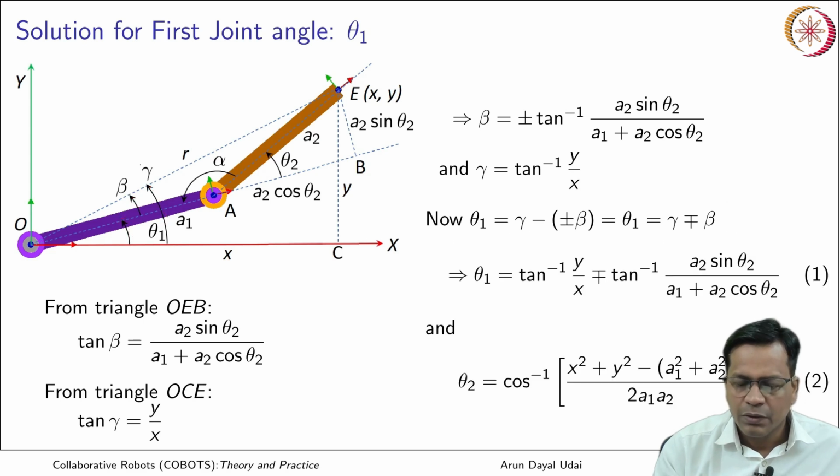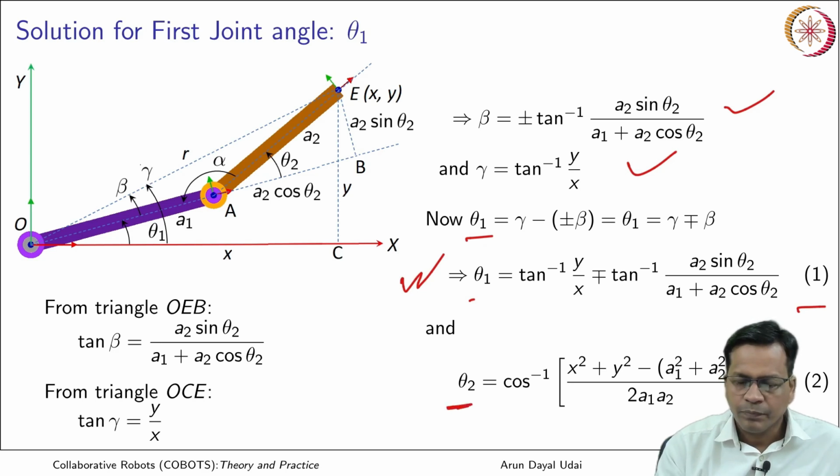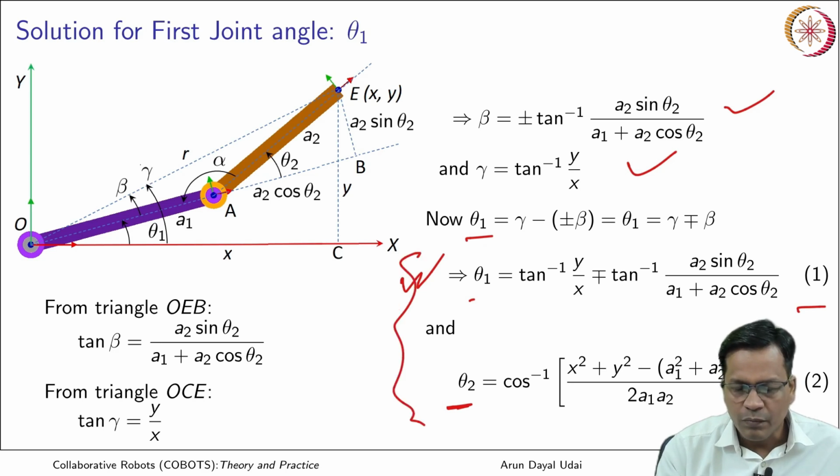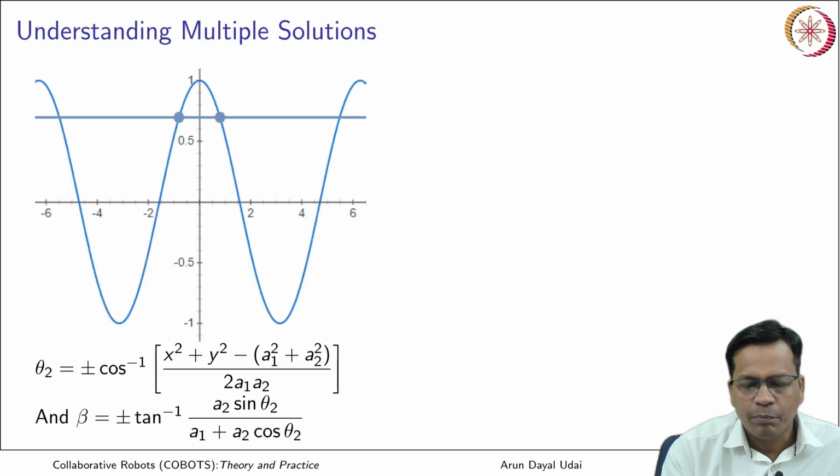Okay. So theta 1 is now equal to, if I put the values directly from here, I could get theta 1 is equal to this, and from the previous result we got already theta 2, that comes like this. Okay. So you see, these two actually point out to a multiple solution. For plus and minus, you have at least two solutions, that is clearly visible here. Now let us understand the multiple solutions.